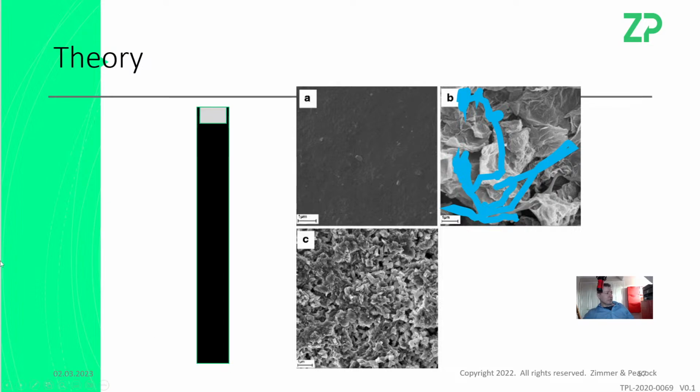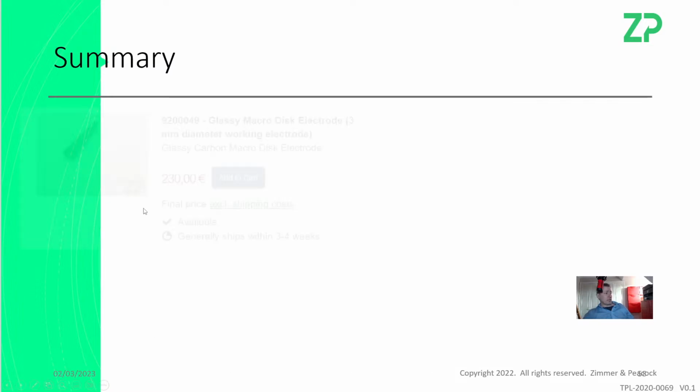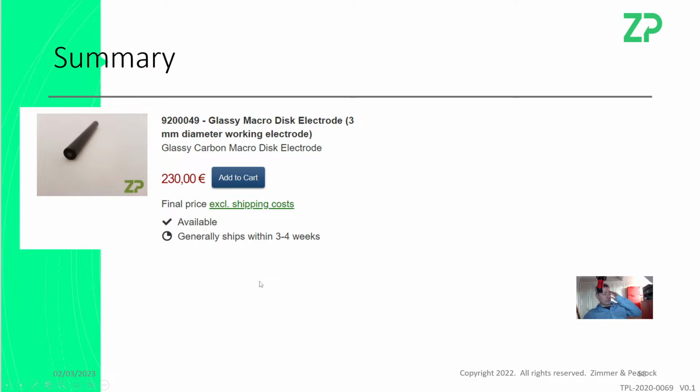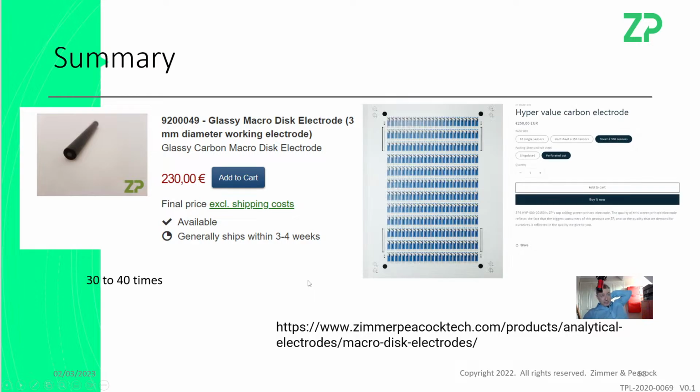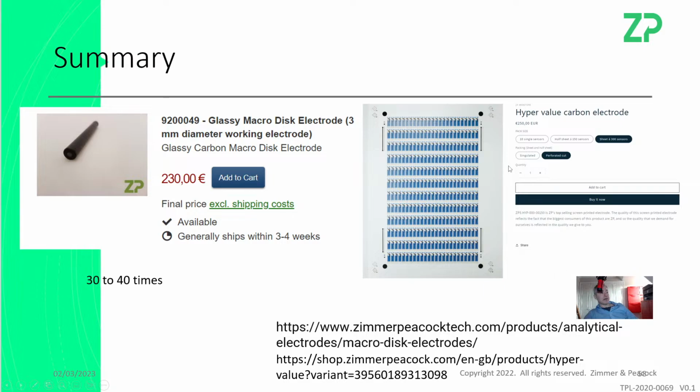I'll just make some more comments and then we'll move on to the next question. So in summary, they've got one of these glassy disc electrodes. Well, what I find interesting is that they were doing 30, 40, 50 experiments on that, 30 to 40 times from their notes, which is interesting to see, because actually I'm much more of a fan of hypervalue carbon electrodes. I think it's much more representative of a real product. And then I realized that they've unfortunately got 30 to 40 tests out of that glassy carbon electrode,